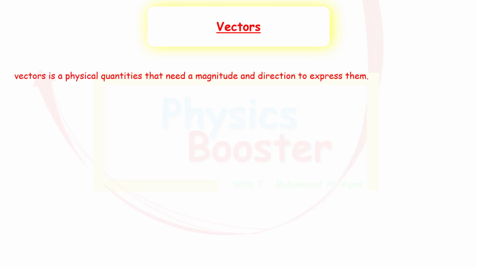Hello everybody and welcome. Today we're going to go deeply into a topic we discussed before, which is vectors, okay? As a quick reminder, first of all, vectors are physical quantities that need a magnitude and a direction to express them. Then we mentioned that forces are forms of vector quantities because they need a magnitude and a direction to describe them. But have we ever asked ourselves, can we add vectors together, or how can we add vectors